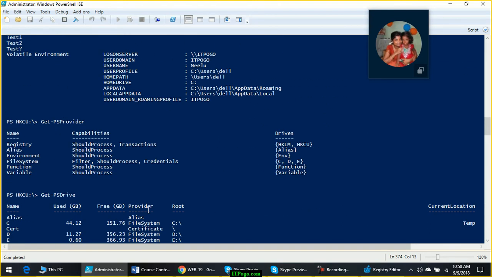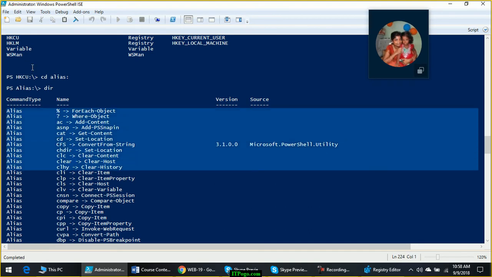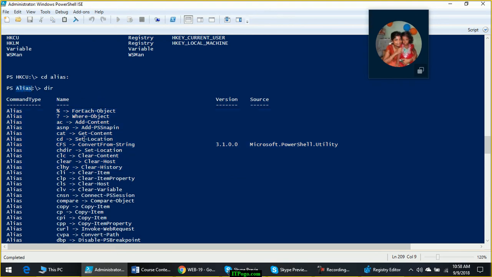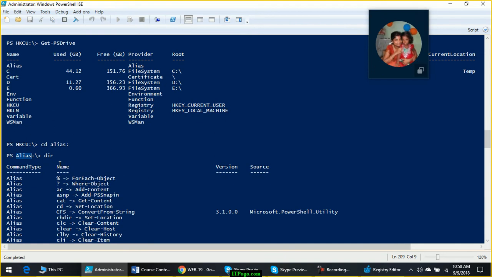So here it is just giving you the details about the aliases stored inside PowerShell, and those aliases are stored under this drive. That's why this is not available outside of PowerShell. This provider is available only inside PowerShell because these aliases are used only by PowerShell. In Windows command prompt, these aliases will not work. Now this C, D and E we have already seen. Let's talk about the certificate provider.